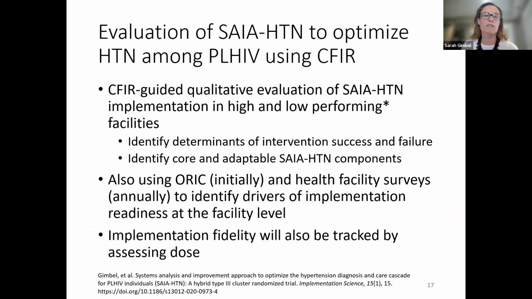Our evaluation of SIA-HTN to optimize hypertension among people living with AIDS using CFIR. So how do we do this? We use a CFIR-guided qualitative evaluation of SIA hypertension implementation in both high and low performing sites. When I say high and low performance, performance is determined by fidelity to the SIA-HTN intervention. Are they actually doing all those steps monthly? And we use this to identify the determinants of intervention success and failure, and identify core and adaptable SIA hypertension